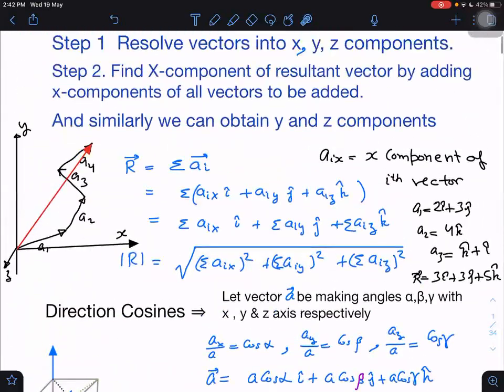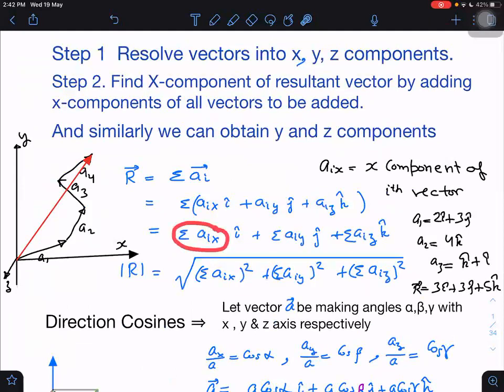When we wrote the resultant here, what was this representing? And what was this representing? And what was this representing? This was Rx, this was Ry, and this was Rz. So it is Rx i cap, Ry j cap, and Rz k cap. These are the components of the resultant only. After summing up, what we get, that we get as the component of the resultant only.